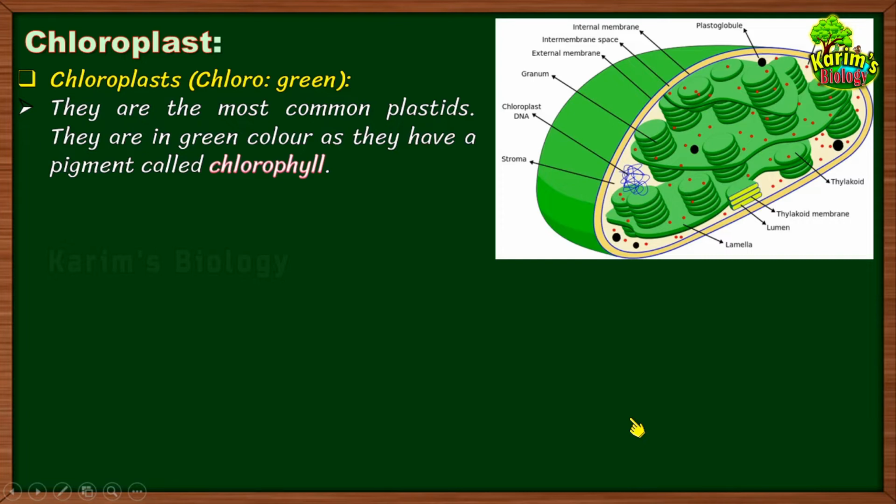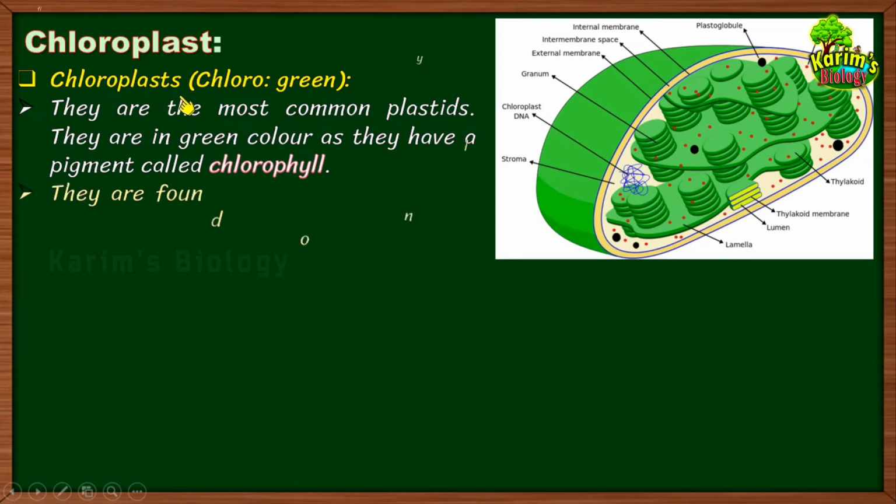Then what is it that gives green color to these chloroplasts? I told you that pigments are responsible for imparting color. Then what is the pigment which imparts green color to these plastids? Yes, it is a pigment called chlorophyll. Chlorophyll is a green colored substance which is present in the leaves. But where exactly in the leaves? In the cells of the leaves, within the chloroplast, this chlorophyll is present. It is because of the chlorophyll that chloroplasts appear green.